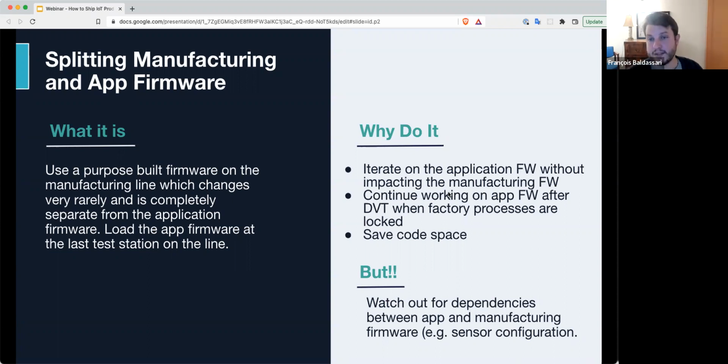This lets you iterate on the application firmware without impacting the manufacturing firmware, which is really important, right? If you're making a change to the way that your UI looks in your application firmware, you don't want to risk introducing a regression on your manufacturing firmware. It also lets you continue working on that firmware after DVT, because you remember we lock the manufacturing